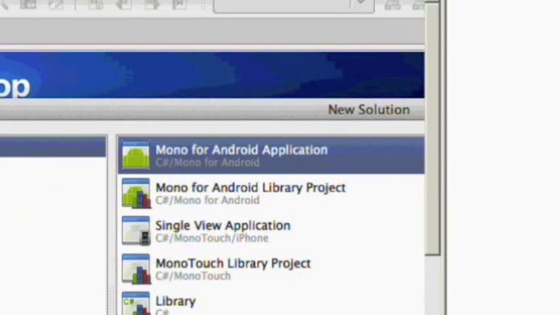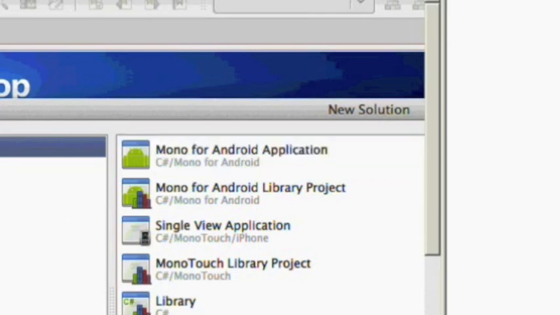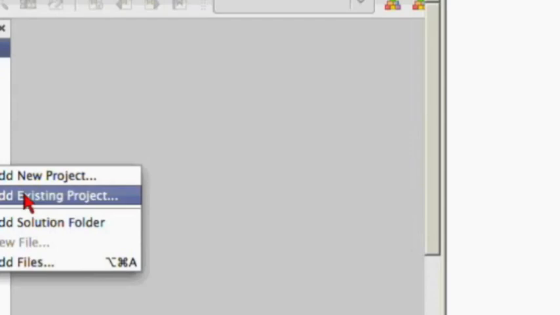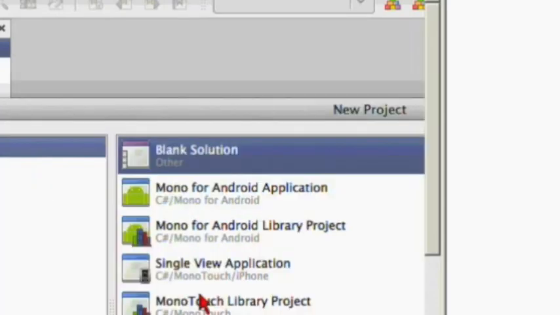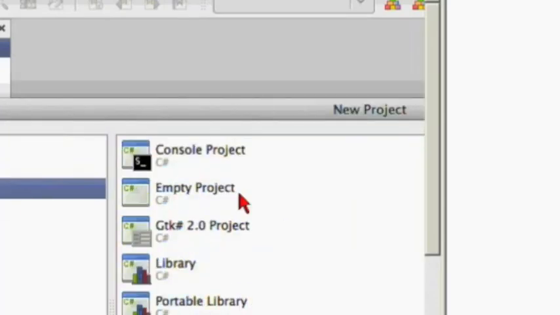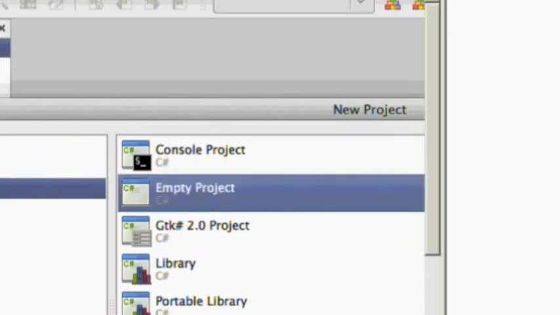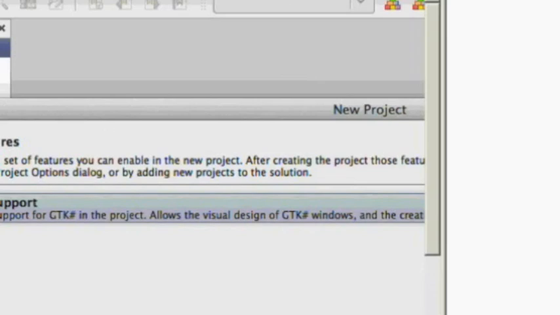So what I'm going to do here real quick is just create a blank solution. So I have a blank solution, and then we're just going to add a new project here. It's just going to be a standard C# class library, so just a standard .NET class library. This has nothing to do with any mobile platform right now. And we'll call that Weather Core. And create that. And you can see if I go to the project properties here,